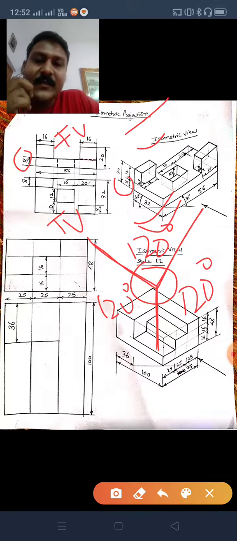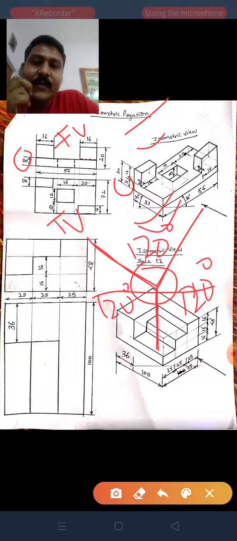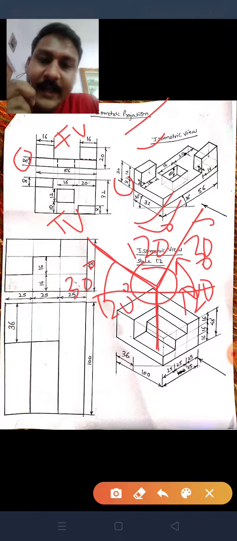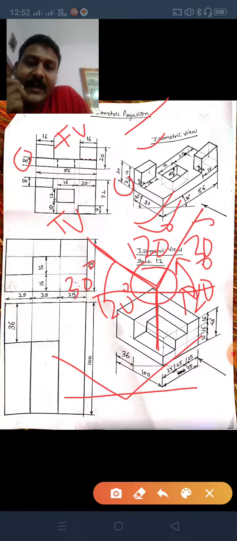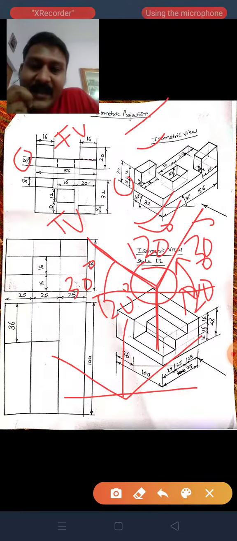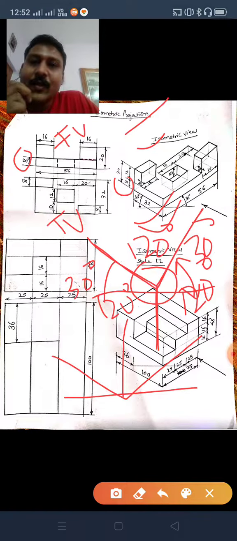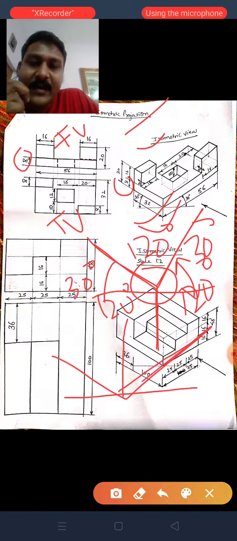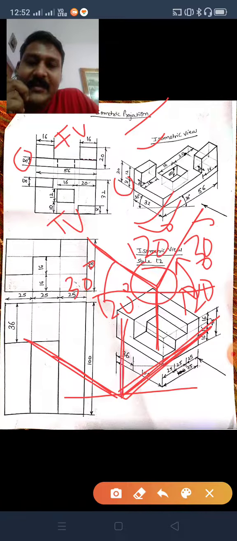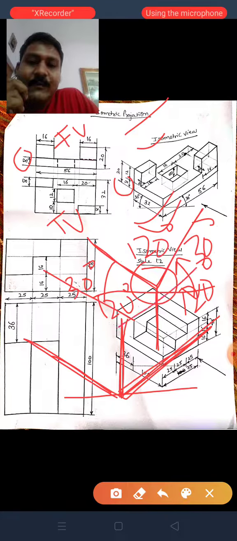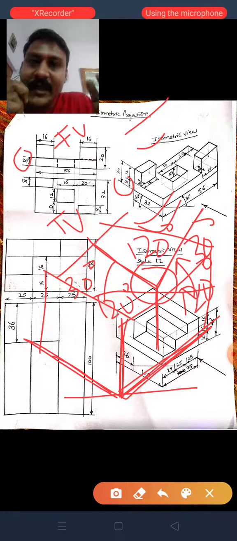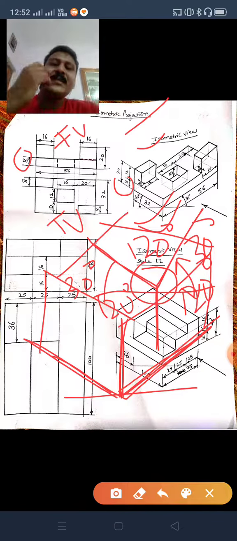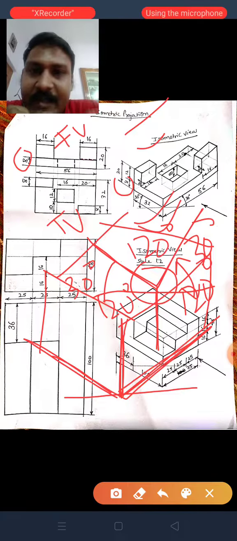If you draw a horizontal line here, you will find that this particular angle is 30 degrees. Similarly, this particular angle is also 30 degrees. So it means if I draw a baseline here, a 30 degree line here, and a 90 degree line here, then in isometric projection you can draw only three lines: this 30 degree inclined line, this 30 degree inclined line, and this 90 degree vertical line. You have to draw all lines parallel to these lines only. No other line should be drawn. Okay, I think this basic is clear.